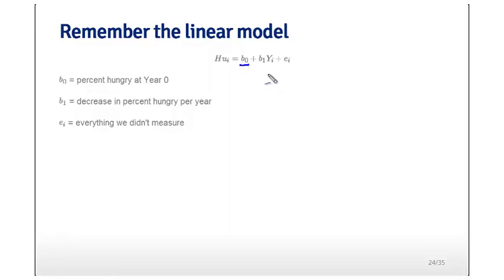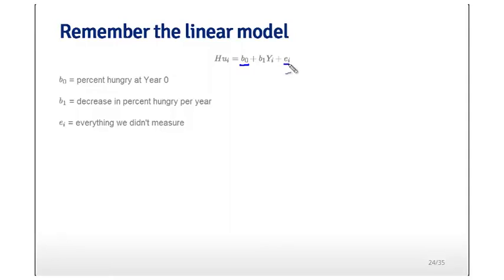Or for time, that doesn't make much sense either in this data set. You might want to subtract by the earliest year, 1970, and then beta naught will be interpreted as the estimated expected percent hungry at year 0 for the study, being 1970. And then beta 1 is the decrease in the percent hungry per year, and the epsilon,